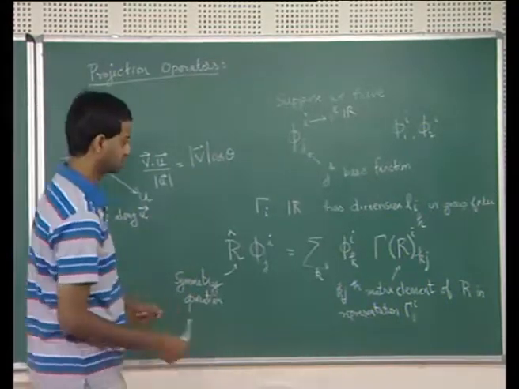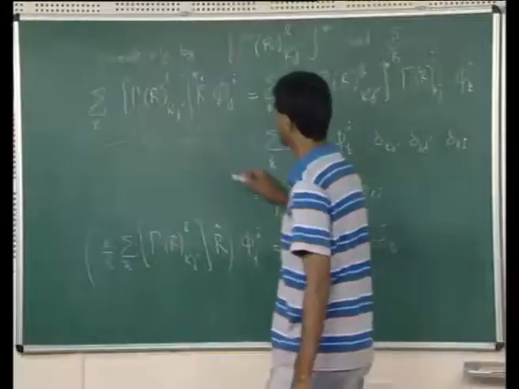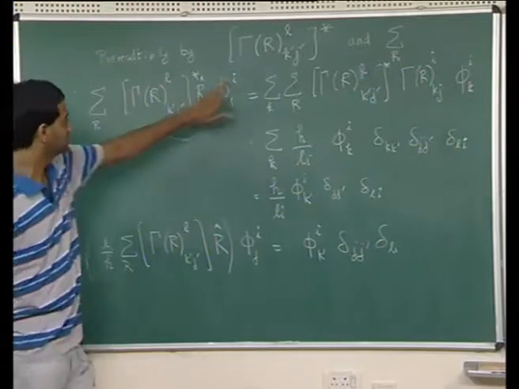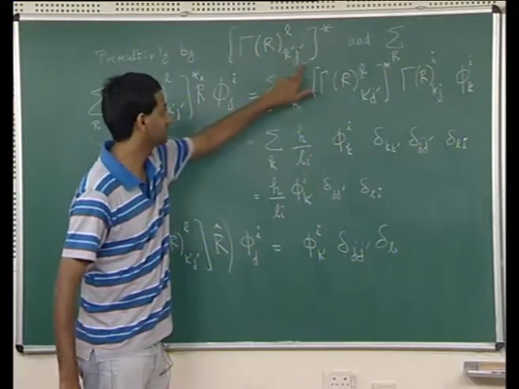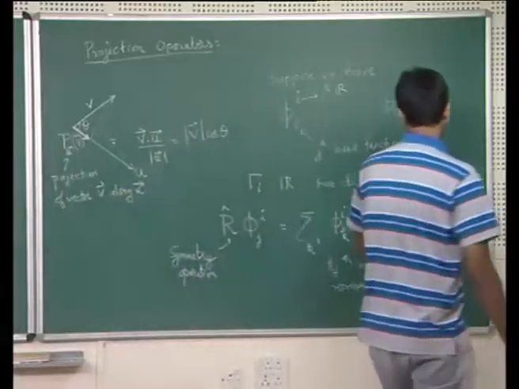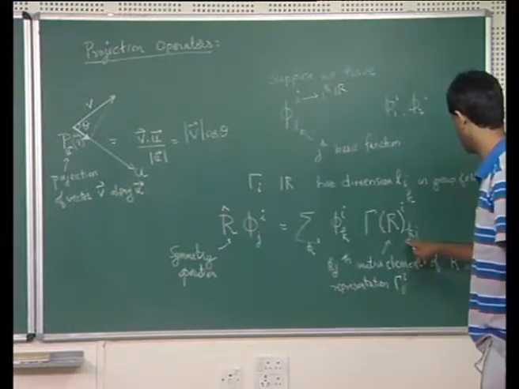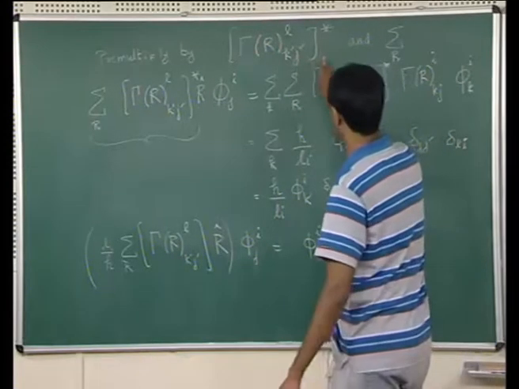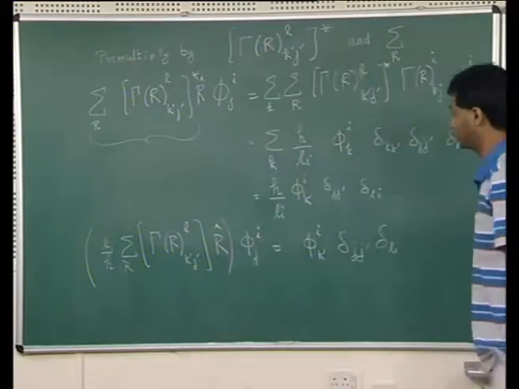And then we use the great orthogonality theorem. So what we do is shown here. First we pre-multiply by gamma R, in the nth representation and the k prime j prime element. Notice that here you have the ith representation, and there you have the nth representation. Here you have kj, and here you have k prime j prime. So you multiply by the complex conjugate of that, and then you sum over all the operations.